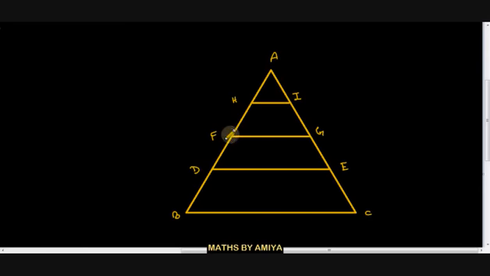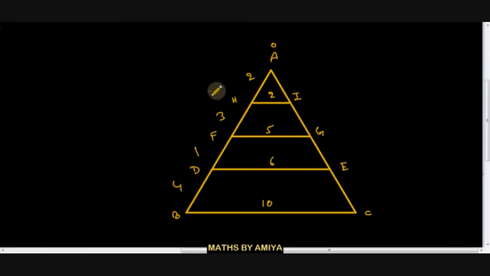The second concept is the reverse of the first. When we have the base ratio, say 10:6:5:2, where the values of the bases are 10, 6, 5, 2, we can find the side ratio. 10 minus 6 is 4, 6 minus 5 is 1, 5 minus 2 is 3, and the top is 0, so 2 minus 0 is 2. So BD is 4, DF should be 1, FH should be 3, and AH should be 2. These are not the values, these are the ratios.